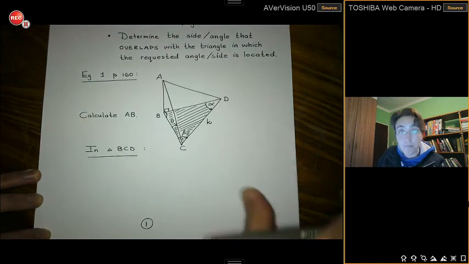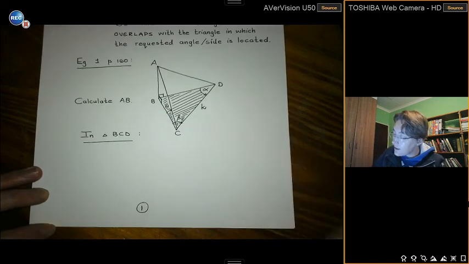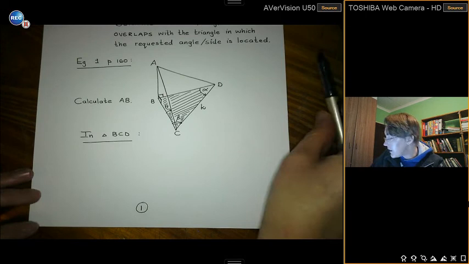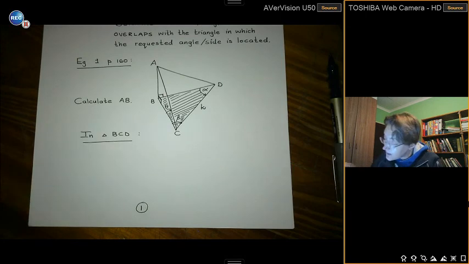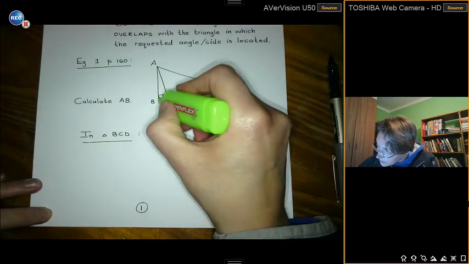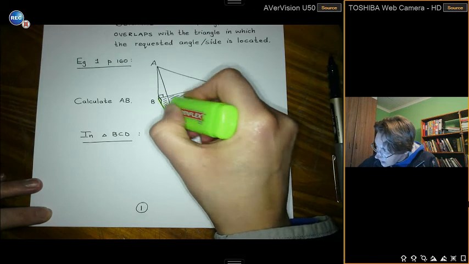There you go. And then, like I stated, we want to calculate an overlapping side. And I can even predict which overlapping side it must be. It must be this one over here. And that is simply because